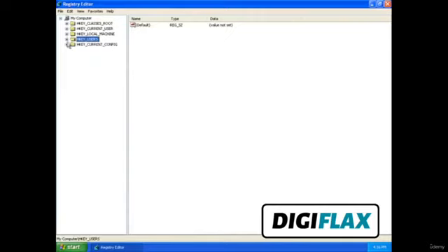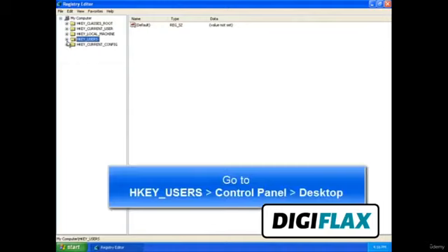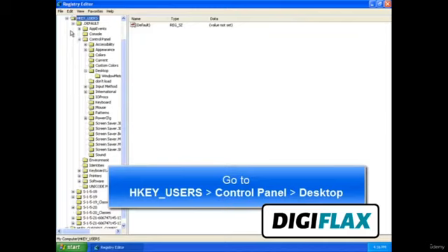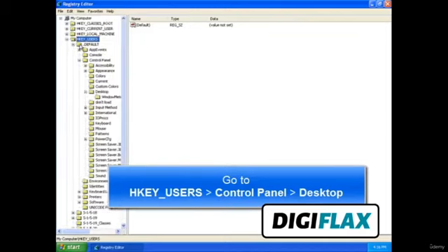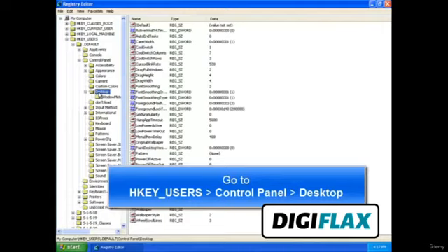Now go to HKEY_USERS, then go to .DEFAULT, then click on Control Panel, and from Control Panel go to Desktop.